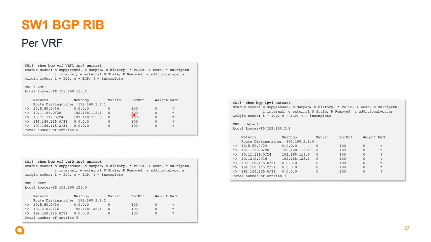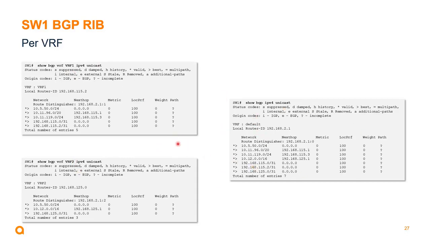The commands that we are going to run are obviously show BGP VRF VRF1 IPv4 unicast on switch 1. All of those commands are performed on switch 1. Similarly for VRF2 and for the default VRF.